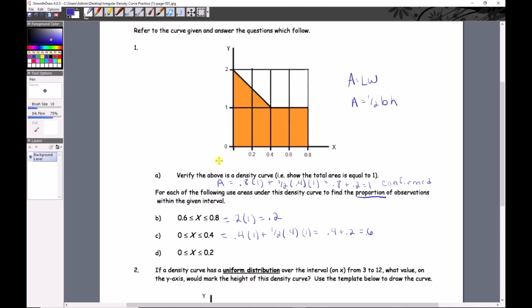All right, so here's where it can get complicated. Between 0 and 0.2 is this interval right here all the way up. So it's the rectangle below, which is easy, but then we've got this shape right here, right? And that's a terrible drawing. Let me get rid of it. That's a trapezoid. Okay, now you can cut it into a triangle and a rectangle if you want, but remember